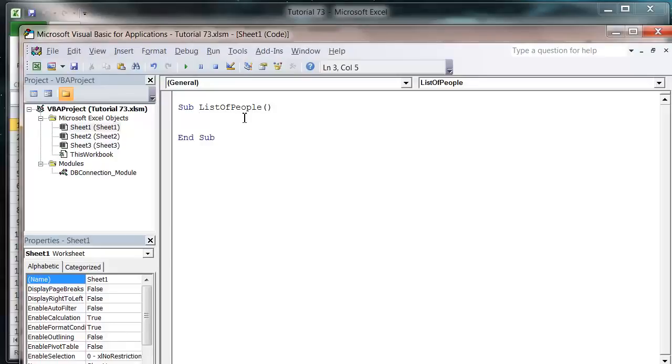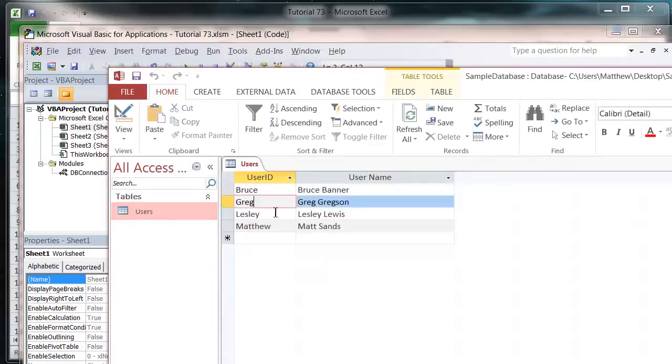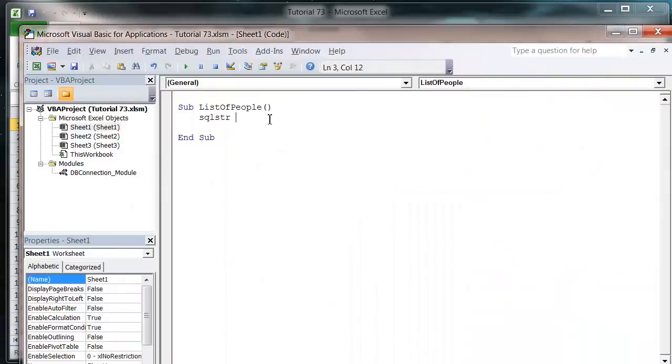So let's get started. Let's just write ourselves a SQL string. You'll notice that I've added a few more records into the database. I've also renamed this one to have a space in between. That's just because I want to show you how you do it if you have a space in the field